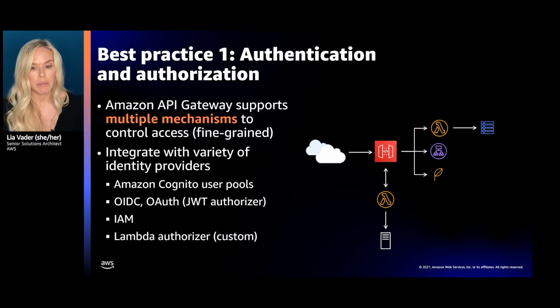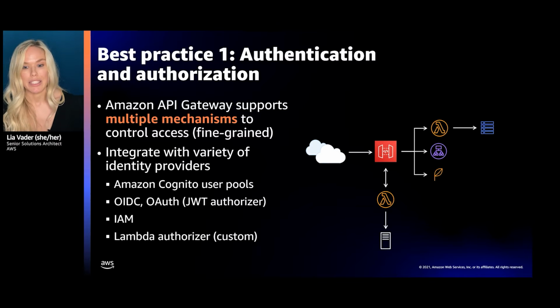But we need to find the right mechanism. So you might use Cognito user pool authorizer if you're currently using Cognito for your user directory. Now, if you're using API Gateway's HTTP APIs, you have the option of using the native JWT authorizer. And this is a good option if you simply need to allow or deny a request based on a token validation and the scopes in the token.